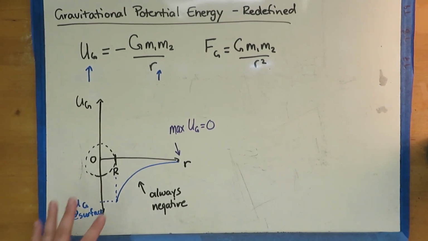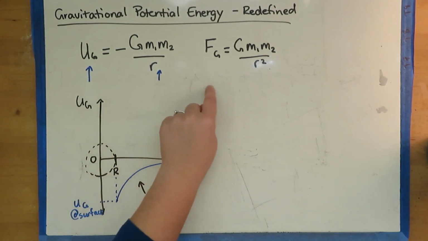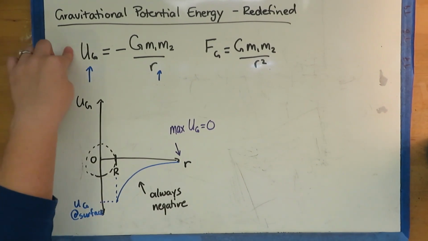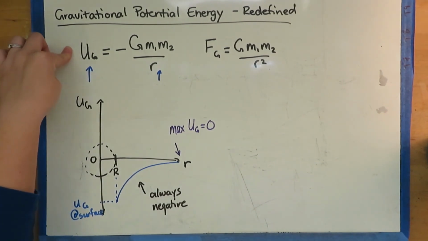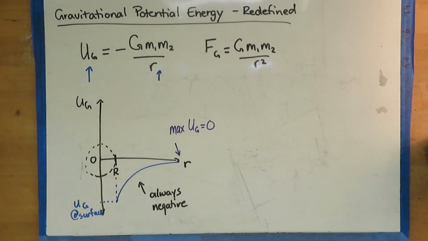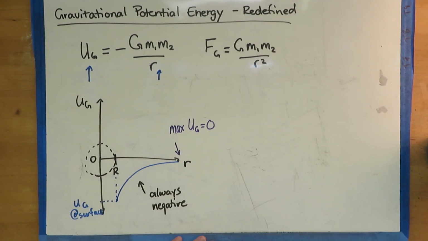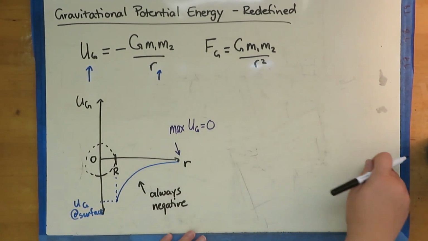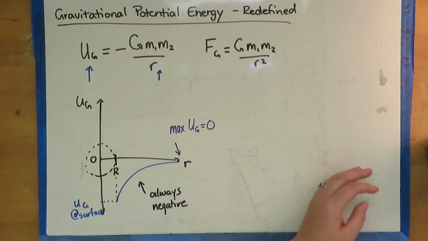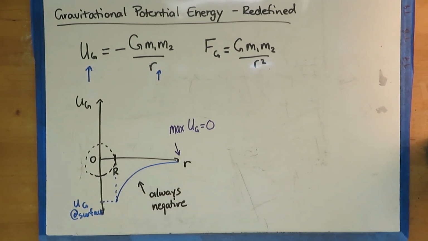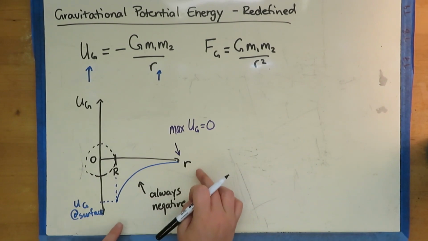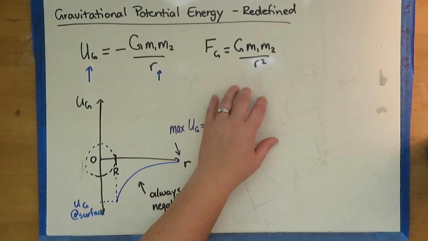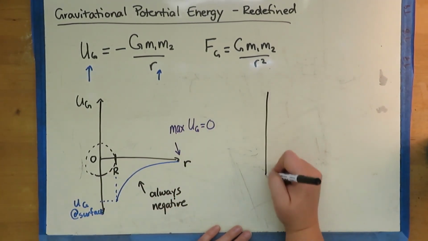So what happens is as radius approaches infinity, my universal gravitational potential energy comes closer to 0. And this really hurts our brains. But this is under the assumption that we're looking at this force of gravity here, and this force of gravity says the further and further away you are, the closer you're getting to 0 for your force of gravity. And this is also saying close to 0, but while this 0 over here for this one is a minimum